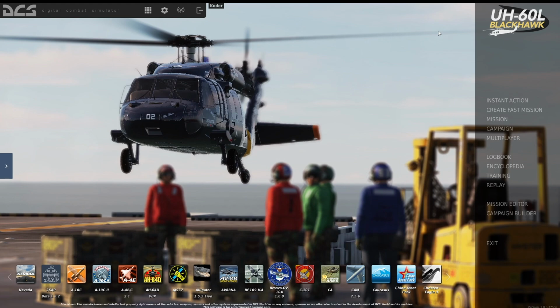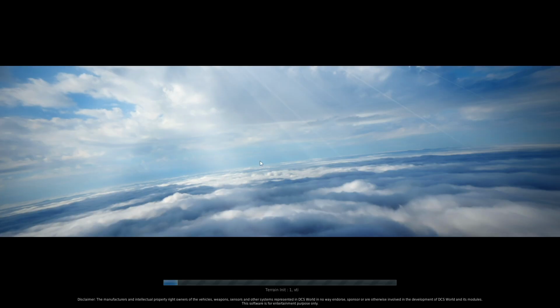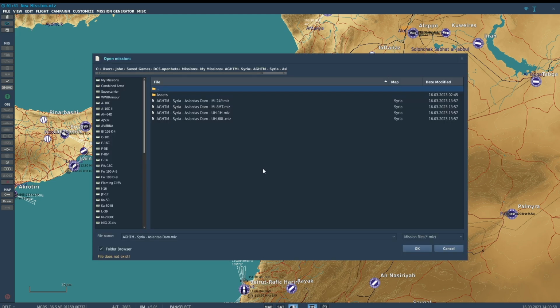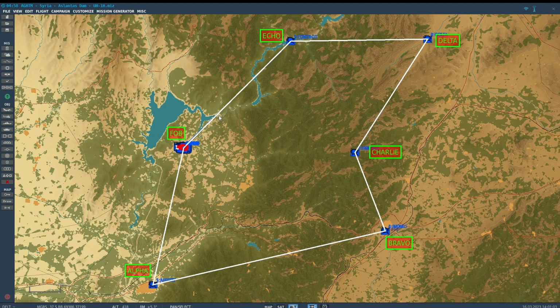We'll switch back over to DCS, open our mission editor. The UH-60 file is already complete, so we'll jump right ahead to the Huey file. And what we need to change on this, aside from the aircraft, is the mission briefing information. There's no navigation radios, so there's nothing we have to set there. So in the